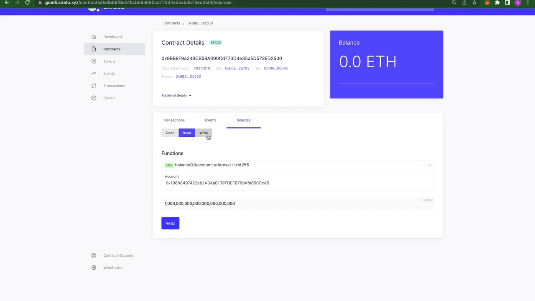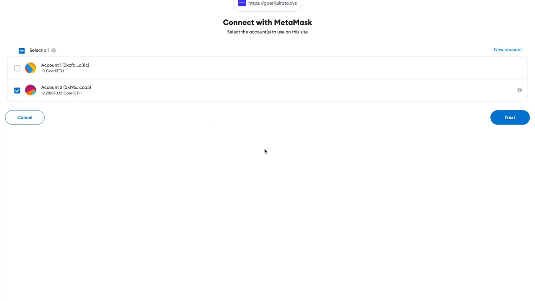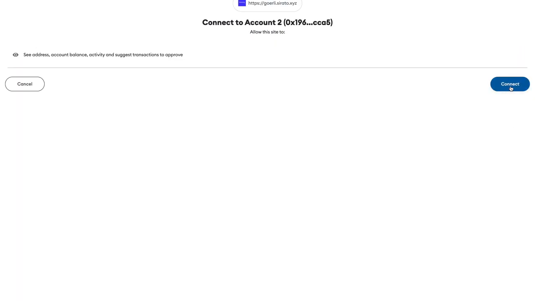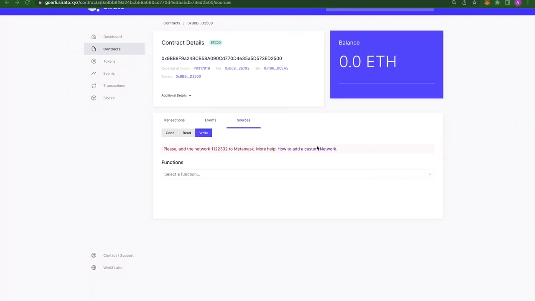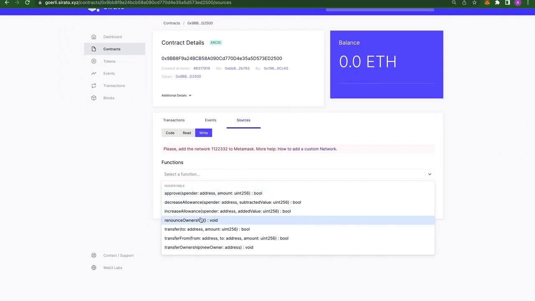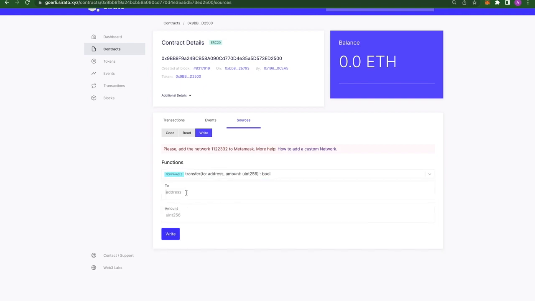For you to do that, you need to connect to MetaMask so that you can sign and confirm transactions. So because I'm not connected before now, I'll need to connect my MetaMask. And once that is done successfully, I can then interact by performing write operations. So let me transfer from to my address from this write